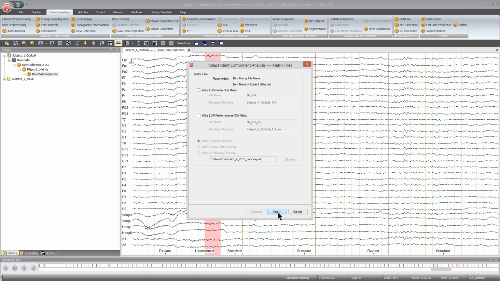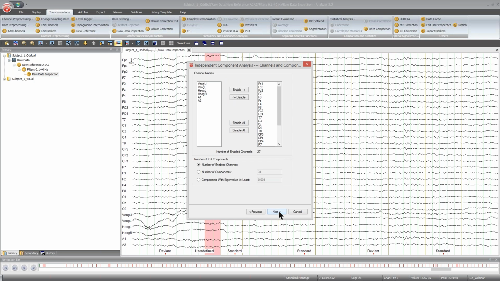Let's go to the next page, and here I have to select the channels that I want to use for the ICA decomposition. So some channels are already selected here. As you know, Analyzer always reminds what you did last time, so I can now change my channel selection if I want, and it tells me down here what's the number of selected channels, and I will actually enable all of them, also my scalp channels, but also my EOG channels,